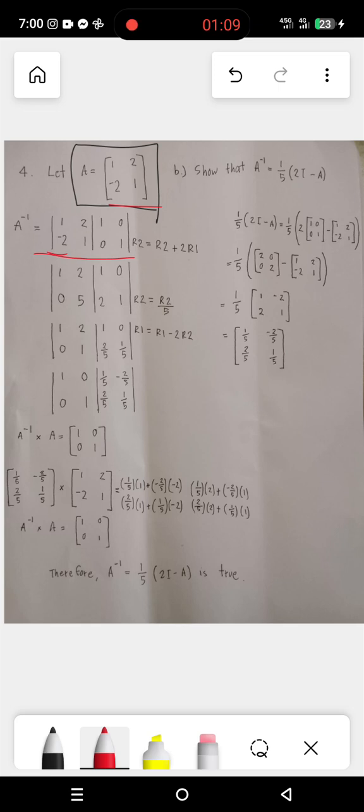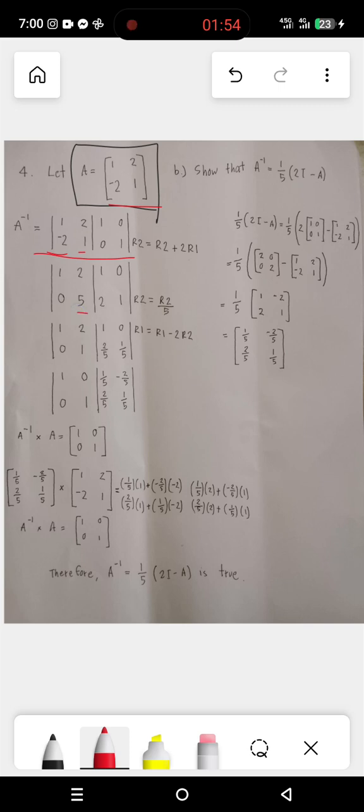So we're going to add to R1, because negative 2 belongs to row 2 or R2. So R2 is equal to R2 plus 2R1, and our R1 is equal to positive 1. So therefore negative 2 plus 2 is equal to 0. And we're going to perform that as well in all values that belong to row 2, such as this one, positive 1. 1 plus 2 multiplied to the corresponding value in R1, which is 2. So we have here positive 5.